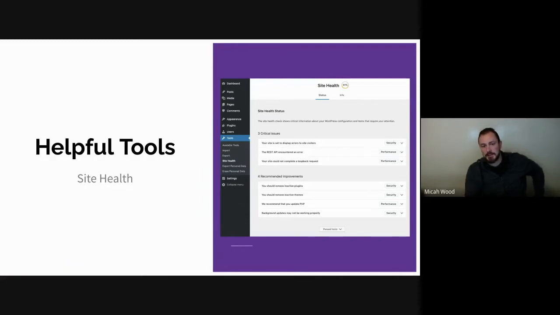So first thing, I think not too long ago, WordPress added a feature called Site Health. And it's under the Tools menu, which is not an area where a lot of people actually look. It used to not have much of anything in there, except for like import, export. But we've added some stuff there for personal data, and Site Health is a very, very valuable tool.